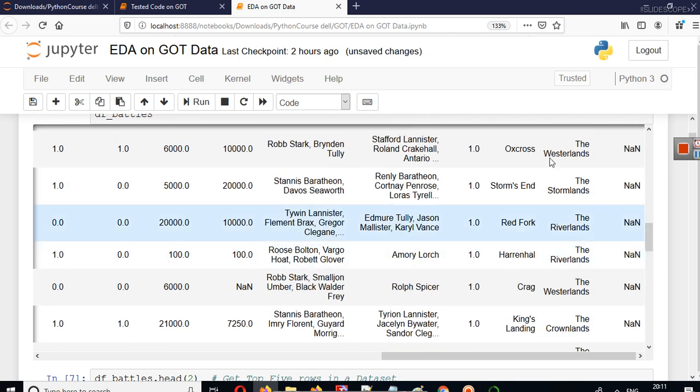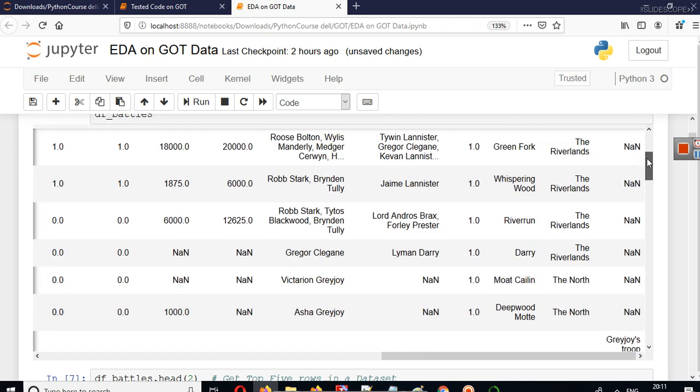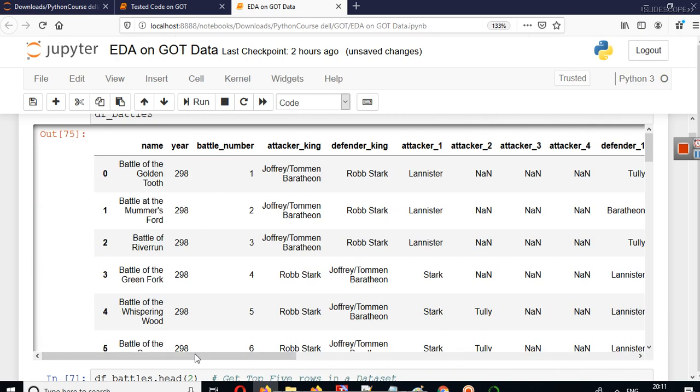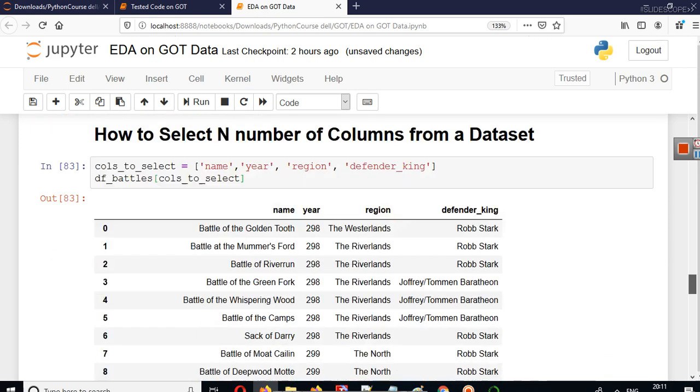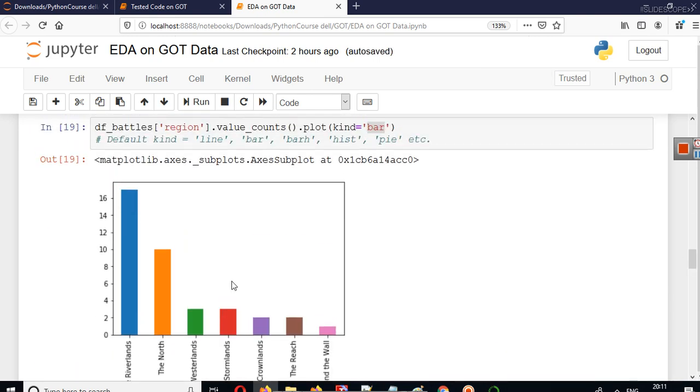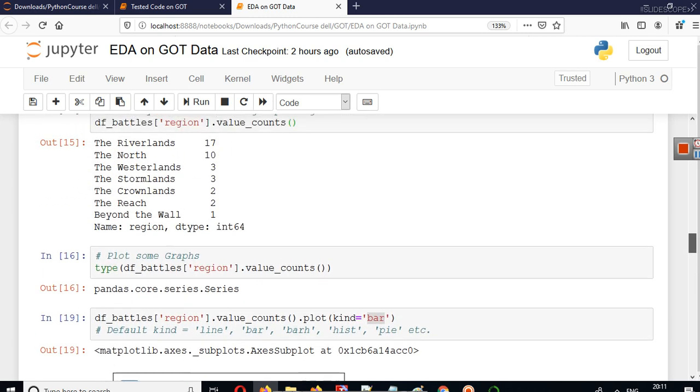We have 4 or 5 regions that are repeated throughout the data, and we can count how many times a particular region has been repeated. We did the same thing using the bar chart. We saw how region values were repeated, and you analyzed that Riverlands is repeated the most number of times in the data set.